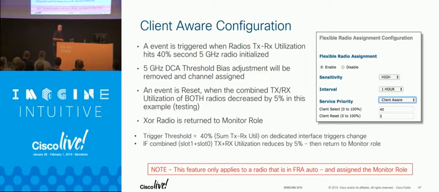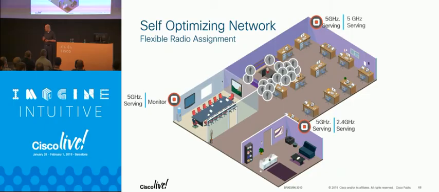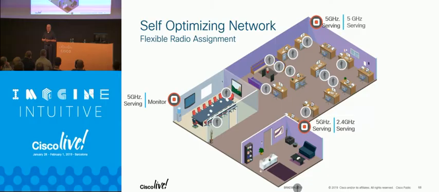One downside to it is I can't plan where that is right now. So FRA will automatically determine which radio is going to be a monitor role, and that sometimes is not fully optimal. So we're working on implementing something that gives you a little more determinism. Once everything goes back, you're back to the normal network and FRA's calculation, and life is happy.